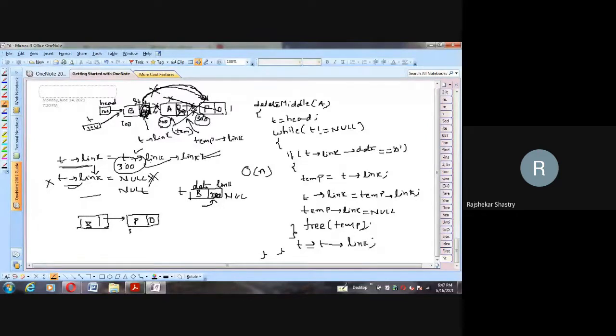Assume that P is 300, so it is stored here, and this is your head, the first node. But at the same time, there is one more node, completely isolated. It is hanging in the air, pointing to P. The memory of this one is still existing, but we don't know the address of this one.